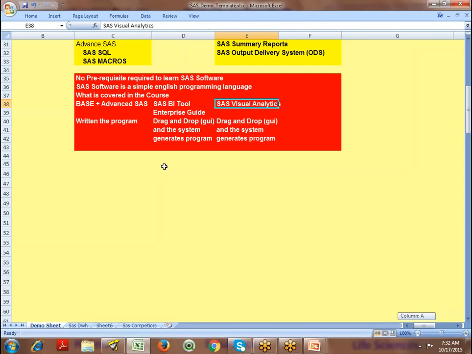And whatever software I'm going to teach is on the new version. I'm going to teach on the 9.4 version, which is the current version of the SAS software. Whether it is Enterprise Guide or SAS Visual Analytics, I'm going to teach on the servers, from the latest one, the current trending version in the market.